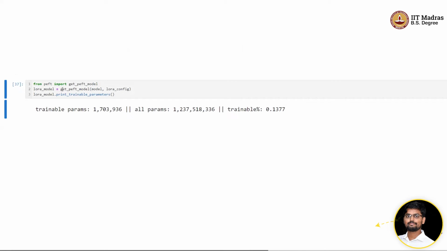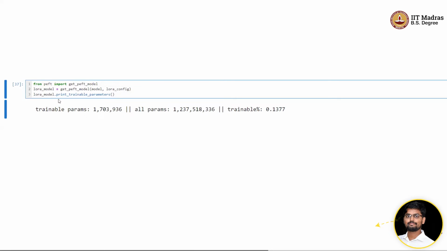You can add them in a very fine-grained way, but the better approach is to use the function get_peft_model. So once you have a model and then configure the LoRA, if you call this function get_peft_model, it will add the adapters automatically. Okay, so you can control them, but the best approach is to use this function if your task is very common, right?